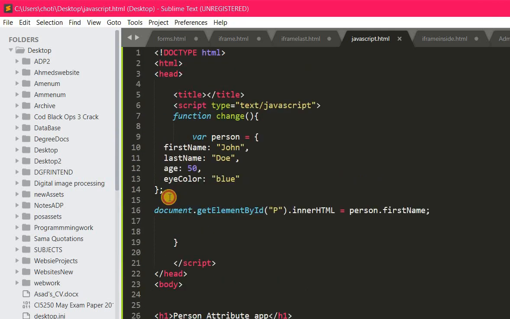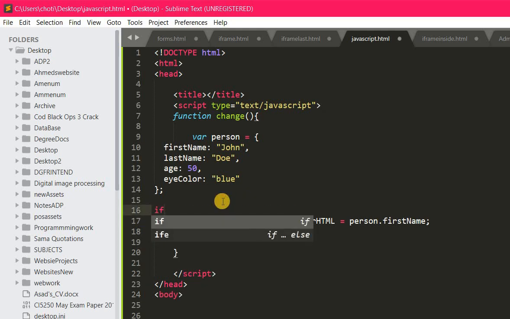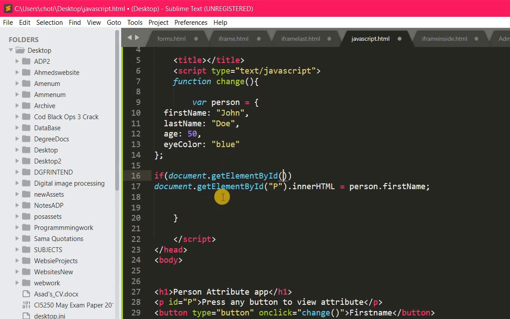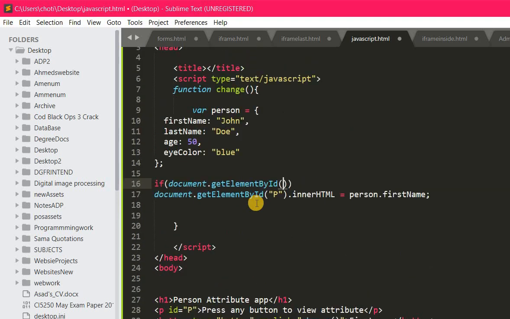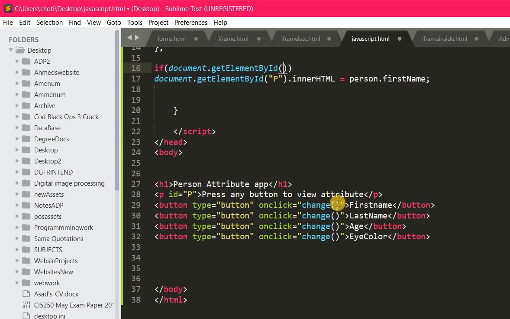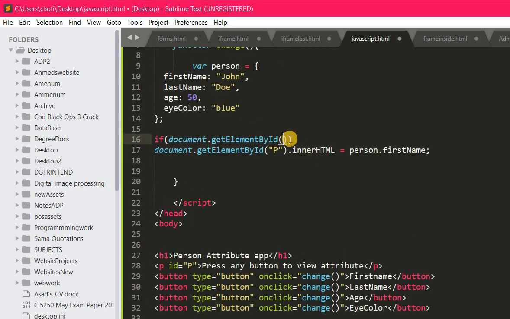okay। So what's happening here is document.getElementById first name, okay, we're going to do this, but we're going to add if conditions। So this is the syntax of if document.getElementById, and actually we need the logic के जब भी कोई पर्सन क्लिक करे, whichever button, हमने उसको आइडेंटिफाई भी करना है।